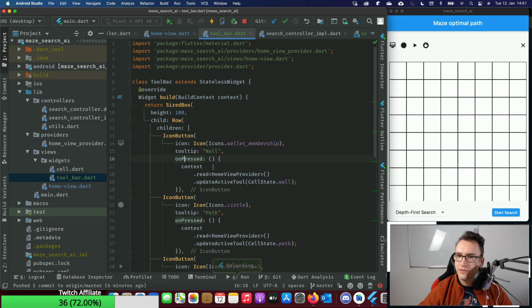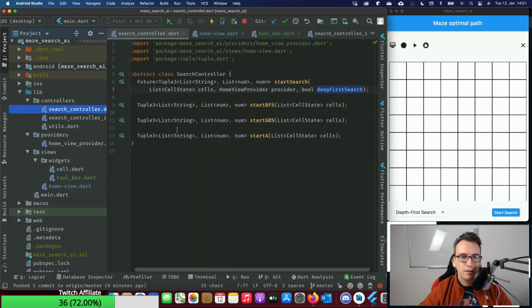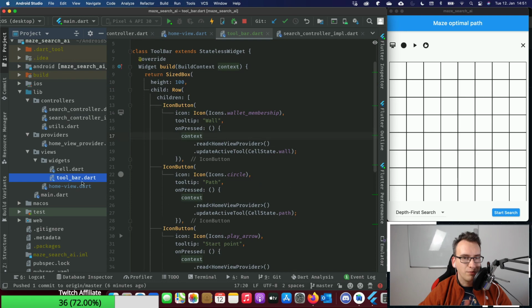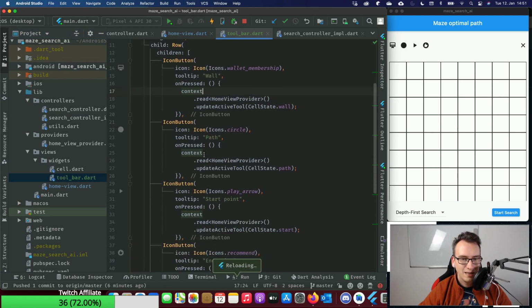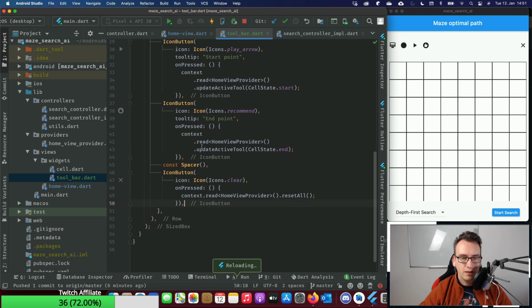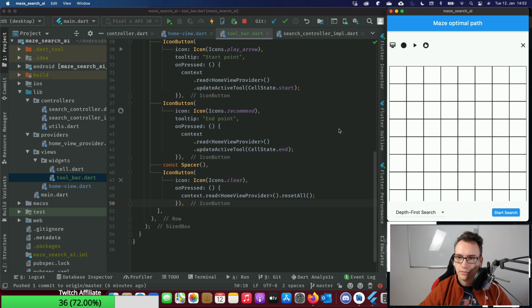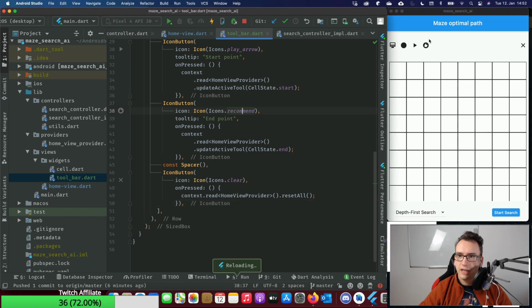Okay, so with that in mind, we now have our tooltips here: wall, path, start point, end point, and I think that already helps our users a lot. Yes, exactly. In the future we will have that, or I hope at least that we get that far. Good. So that's that. We included all of this, the spaces. This is still working the same, I guess. Good. With that, we have the toolbar.